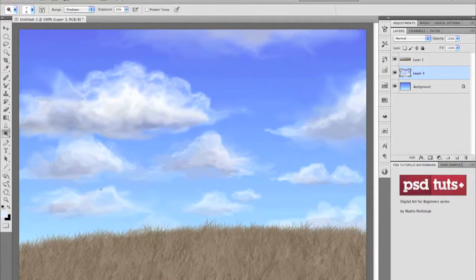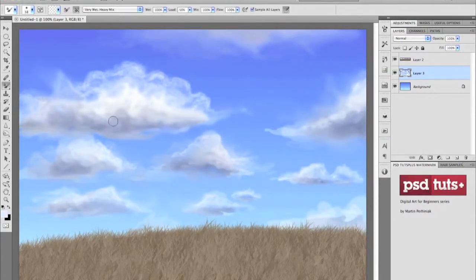Basically these are the tools that I use for clouds, but there are so many different ways and techniques to paint clouds in Photoshop. So this is just one way to do it, and I found this quite simple way to do it. And altogether this painting took me around half an hour. I just made it 3 times faster than real time, just to see the whole painting process in this tutorial without being boring. So you can see again I work over some of the details with the mixer brush, blending